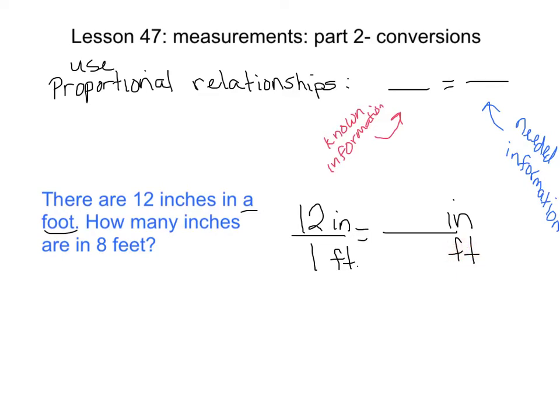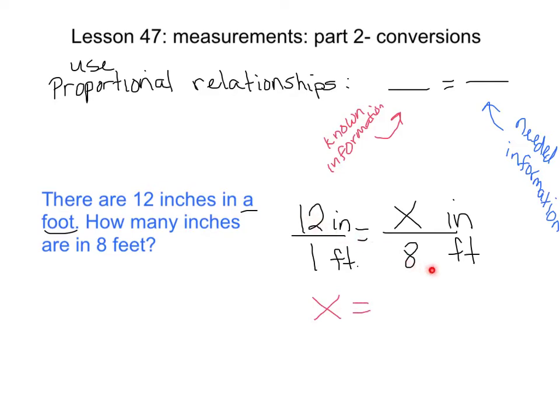Well, feet I know, so I go ahead and put it there, 8 feet, and I want to know how many inches there are. From there, all I have to do is do the math that you have already learned how to do. Multiply your crosses, because we know that in a proportional relationship, this multiplied by this is going to have to equal this multiplied by this if we're saying they are in fact equal, because they are in proportion. So we multiply 1 times x, which is x,